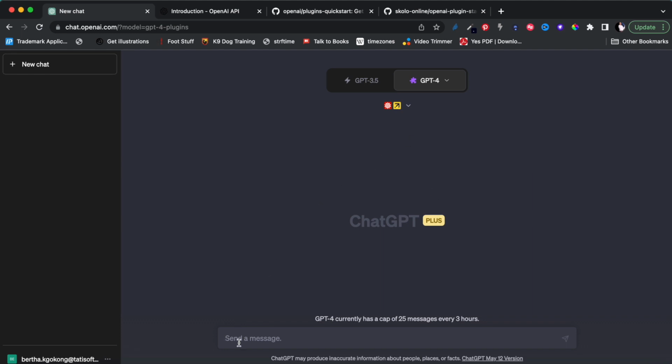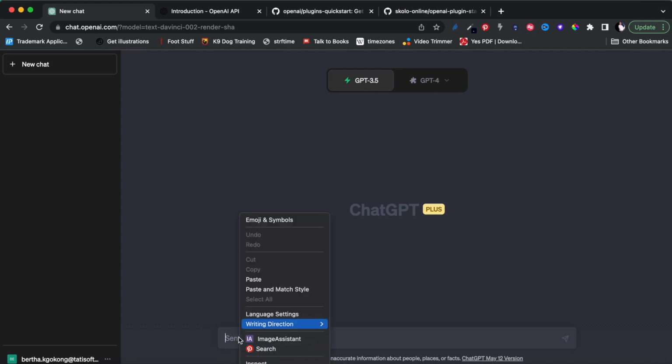So the way, from what I've seen, is that you don't tell ChatGPT that you want to use a specific plugin. You just sort of chat like you normally would have chatted, and ChatGPT makes a decision itself, based on the question you're asking, to say, okay, maybe I should use this plugin. So for example, let's say I want to organize, let me say suggest